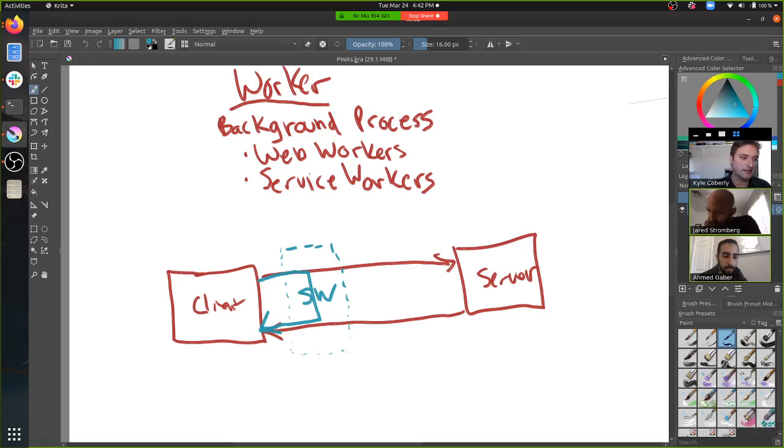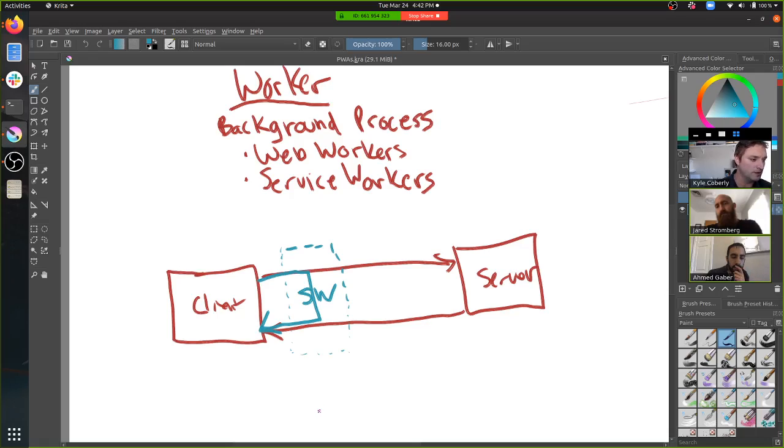A service worker works the same way, except you say, I would like to register a service worker for this app. And you give it a URL, and it goes, cool, no problem. And it looks that service worker up, and then starts installing it. Gotcha. But since it runs on a different thread, just like web workers do, it's difficult to directly observe. Because if you console log something in a service worker, you don't see it in your browser console